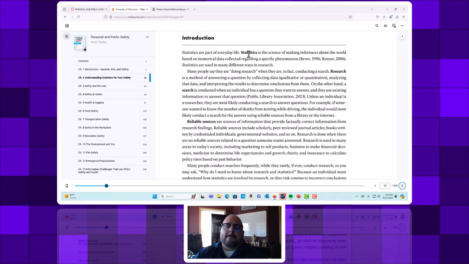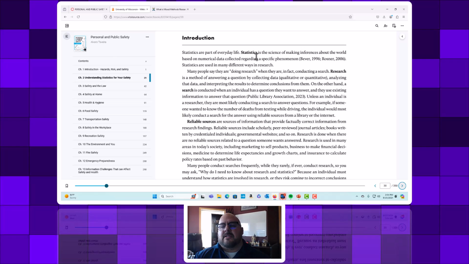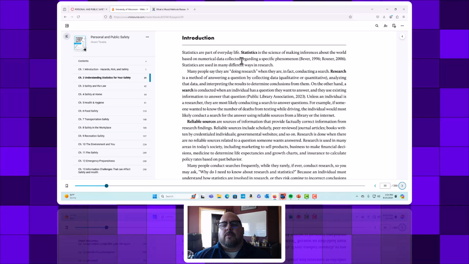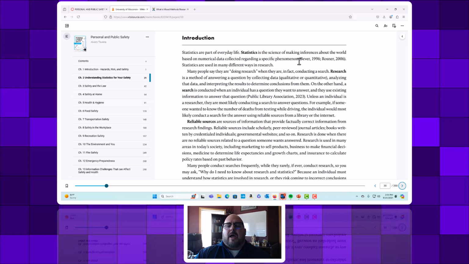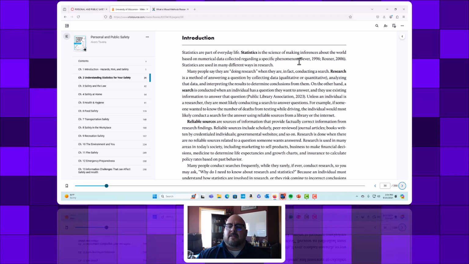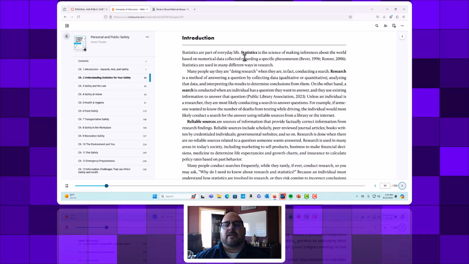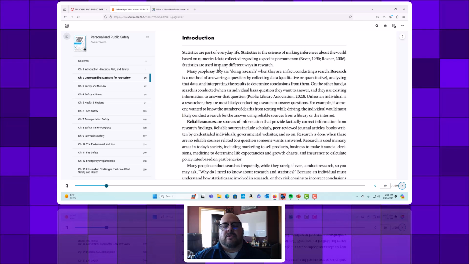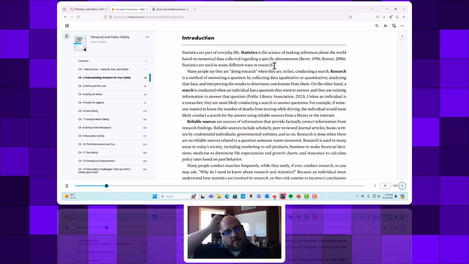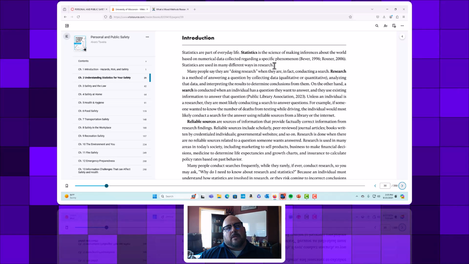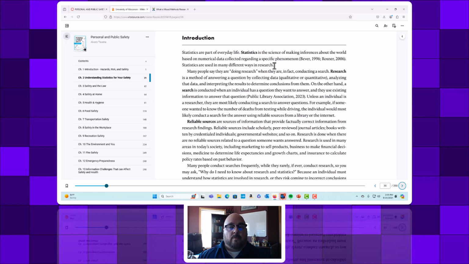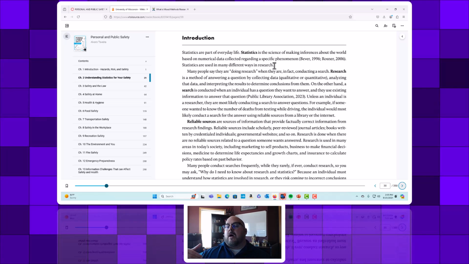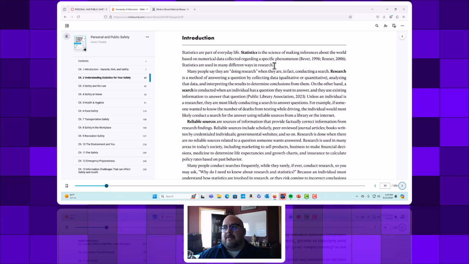What the author said here is that statistics is the science of making inferences about the world based on numerical data collected regarding a specific phenomenon. Because they have 2 references here, I'll accept that. Statistics are used in many different ways in research. Well, they're used for one particular single reason, but different types of statistical methods are applied based on multiple factors